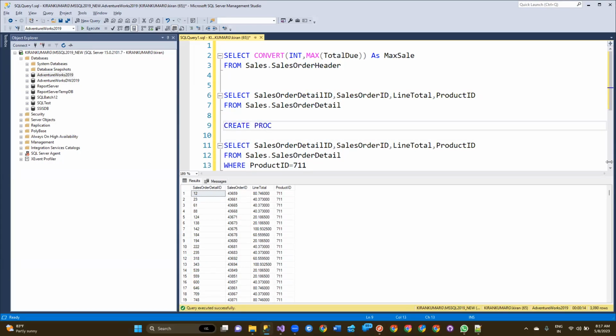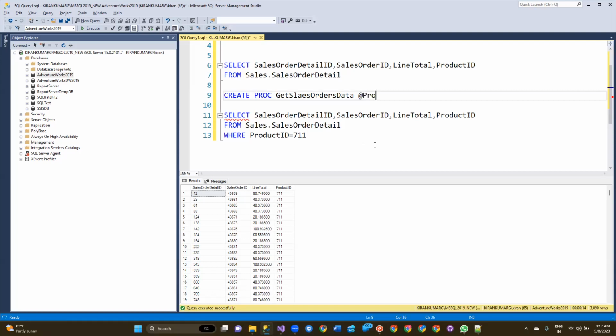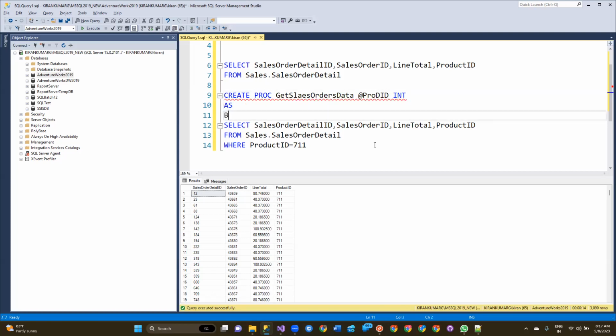Create proc, get sales orders data. It is accepting one parameter, that is product ID. I would like to give ProdID, and the data type is integer. As begin,